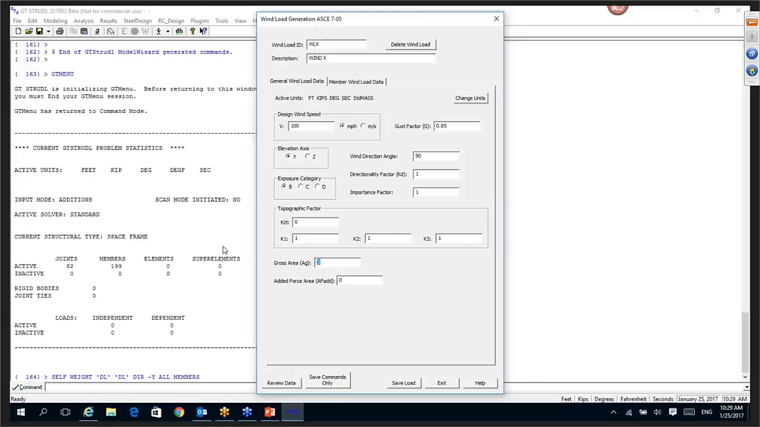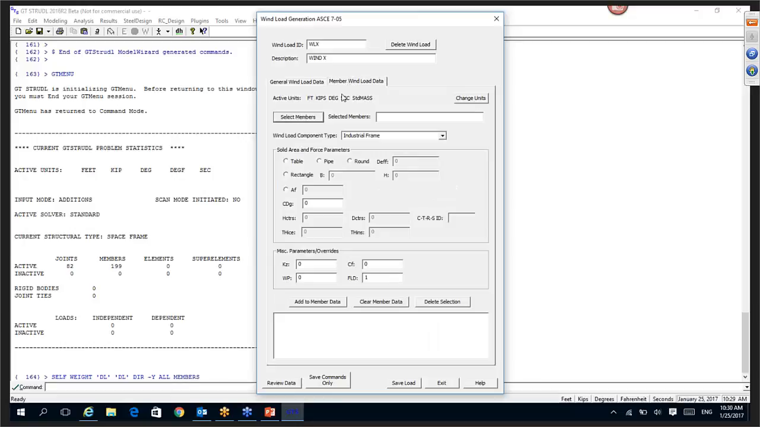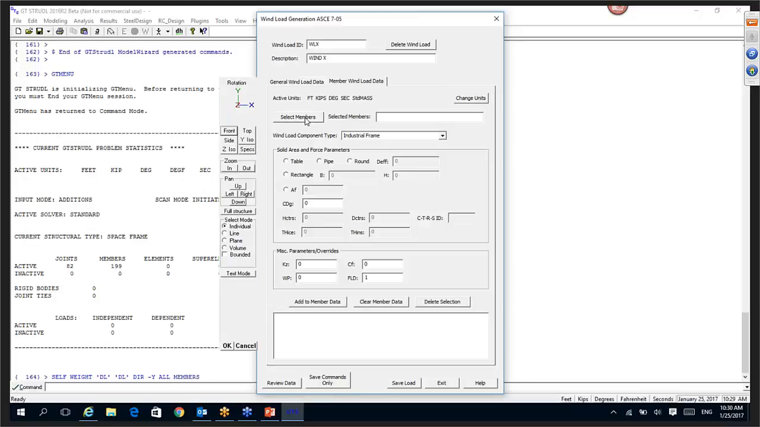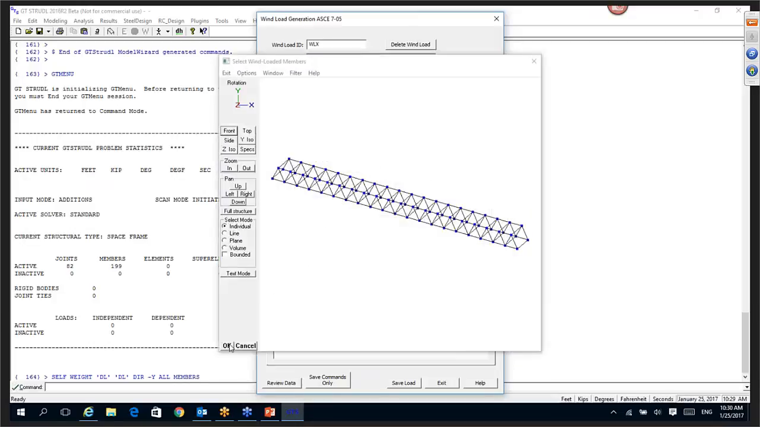Let's say the exposed surface area, I'm just going to pick 2,000 and add 100 also as the added force area. Moving on, we'll just go to member wind load data. Now, you can actually go in and load the entire bridge using this wind load generator, or you can pick members to which the load needs to be applied, or even frames to which the load has to be applied. In this case, I'm just going to apply it to the entire frame, and then the next task is